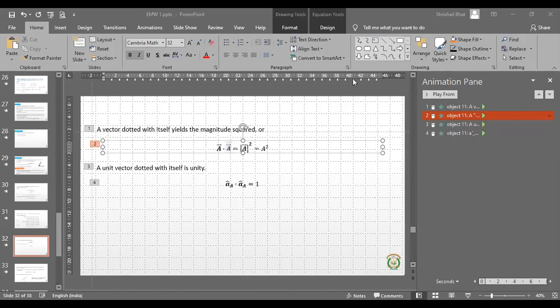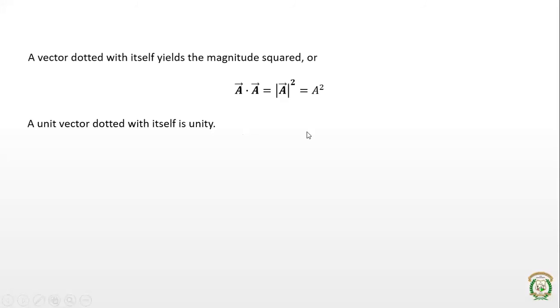A vector dotted with itself, that is the product of a vector with itself, the angle between those two is 0, right? So cos 0 is 1, so it is just magnitude square. Magnitude of a we can simply write as a without any arrow mark, so it is a square. Similarly, the dot product of a unit vector with itself is again 1, that we have seen already. So if you take a unit vector in the direction of vector a and find the dot product with itself, it is again 1, because the magnitude of a unit vector is 1.